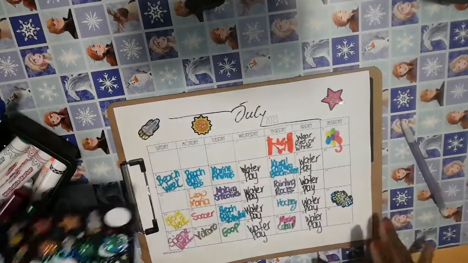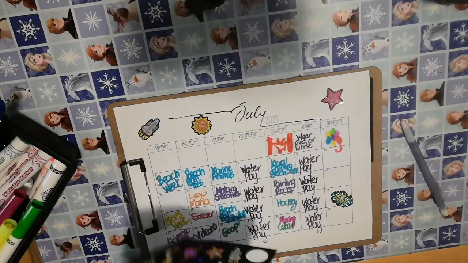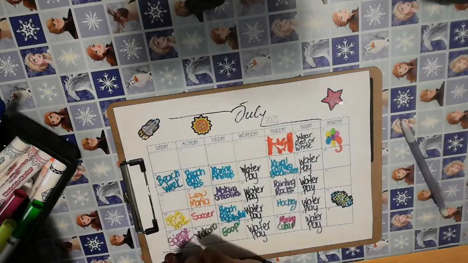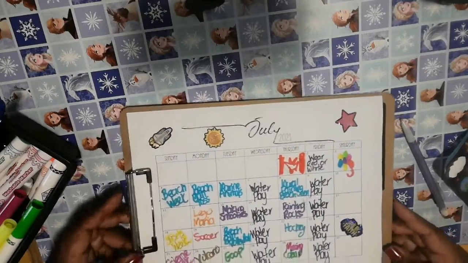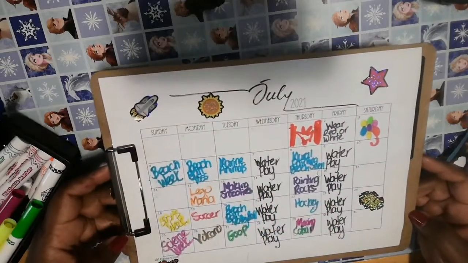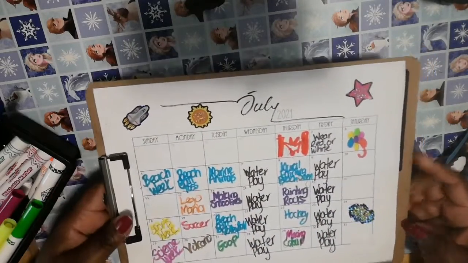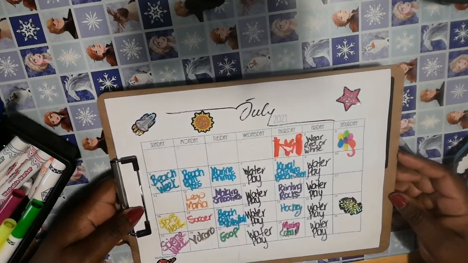Send it to the parents, print it nicely, you know, get the parents excited that their children are excited about their summer activities. And there it is, my friends, all done. This is our planning for the summer, and this is planning July activities for the children. So my friends,